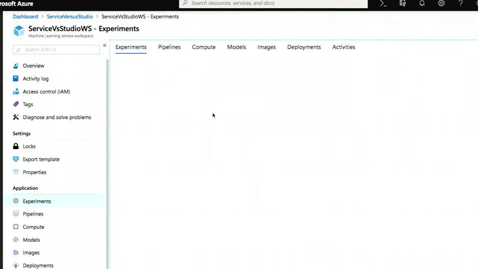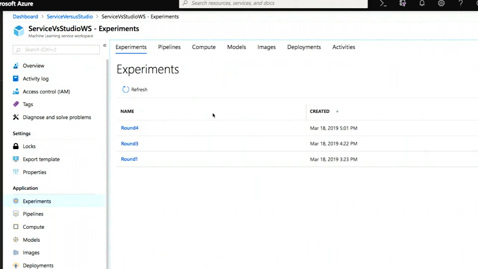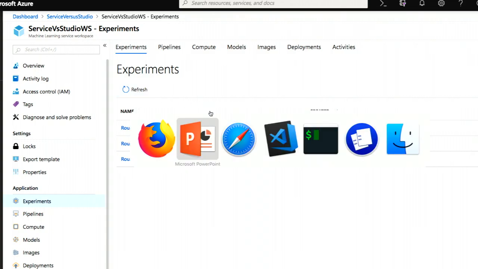Here, I have a collection of experiments. Again, experiments. In ML Studio, we have experiments. Also here, we have experiments. Only these are different. I don't have any new button. I cannot create an experiment. The only way to create this is, well, there are multiple ways, either via command line interface or via a Python API, because they have a really cool Python API. And this is what I'm going to show you.